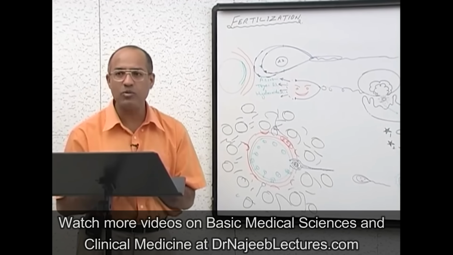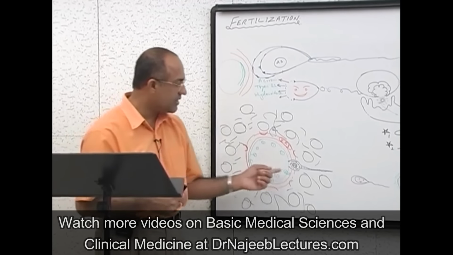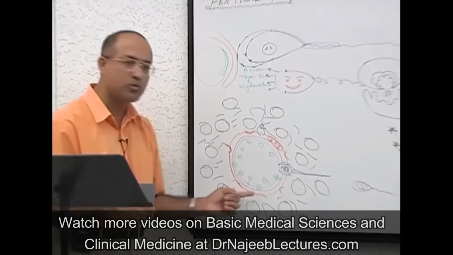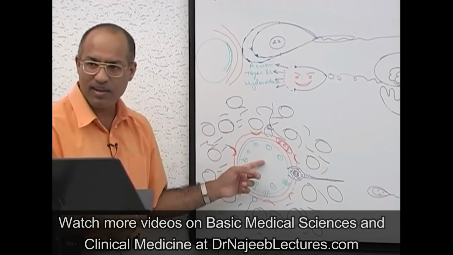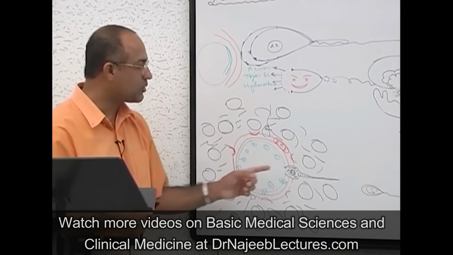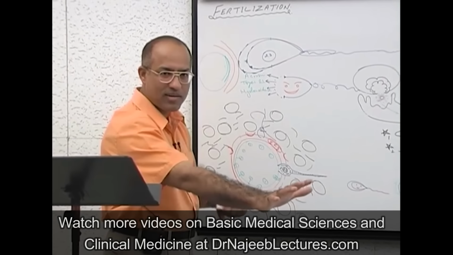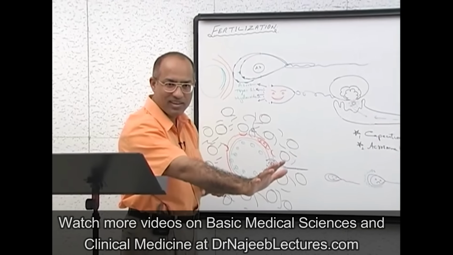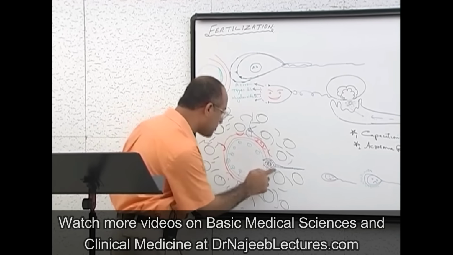Now that is why, in a fertilized egg, they find that there may be many sperms embedded in the zona pellucida, but only one really goes in. So the magic touch has been done. The first one who comes touches the membrane of the female cell, and all other windows or receptor sites are inactivated. Now what will the sperm do?